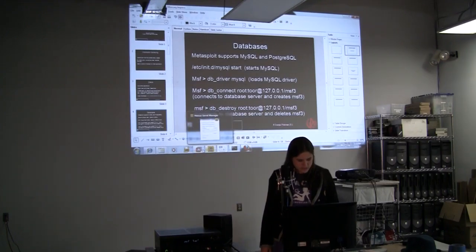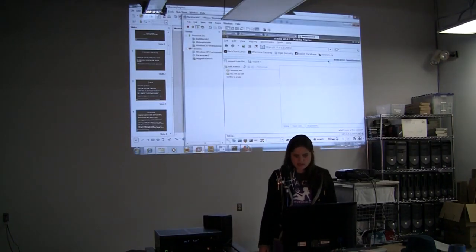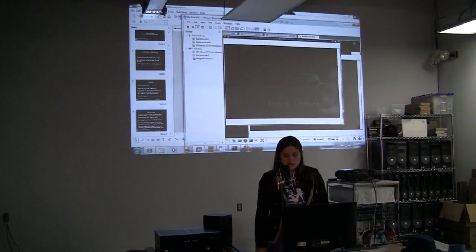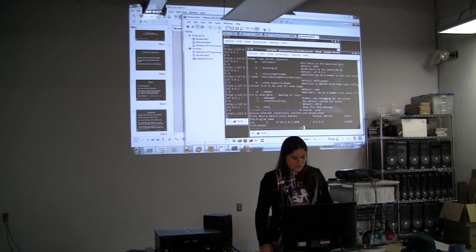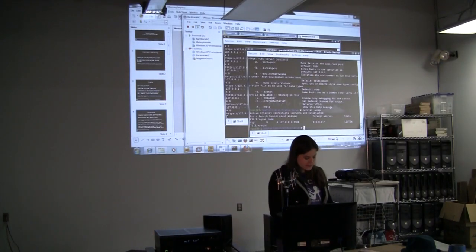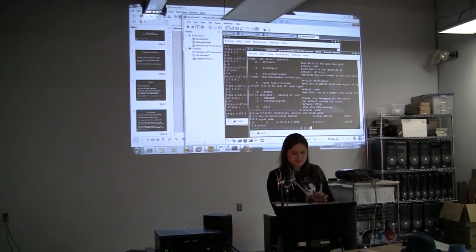All right, again, we're in our BackTrack box. We don't need Dradis right now, but we want to go into Metasploit. So change directory to, once again, the pentest directory, pentest exploits framework3.